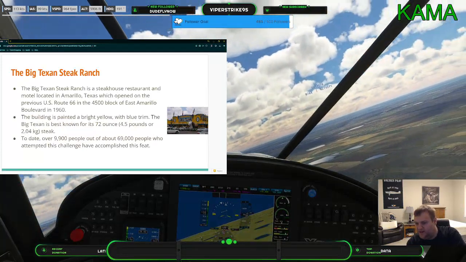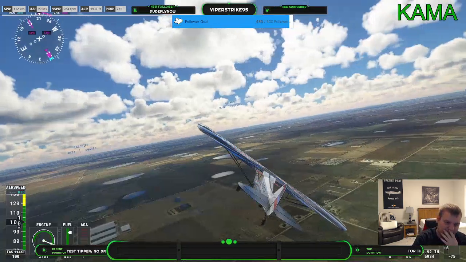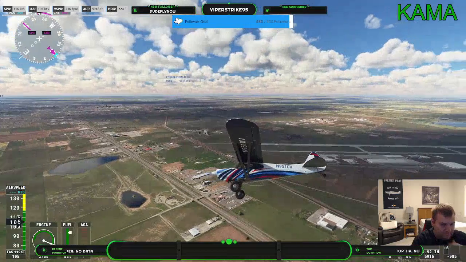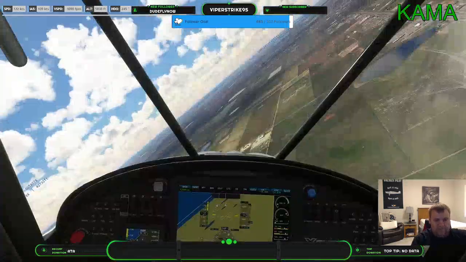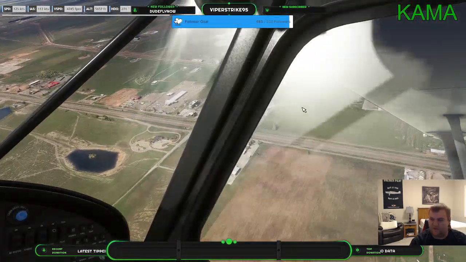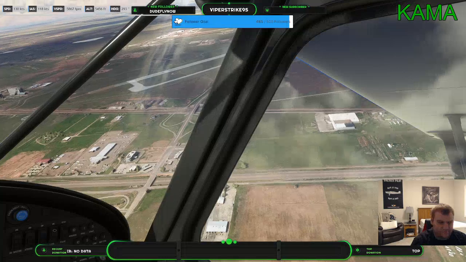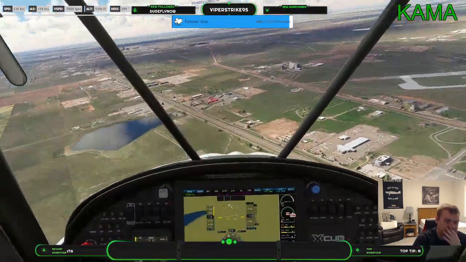Let me go ahead and get this thing parked. Well, I can't type. No worries. So I'm going to go ahead and descend a little bit. I mean, this is an X-Cub, and I can just...